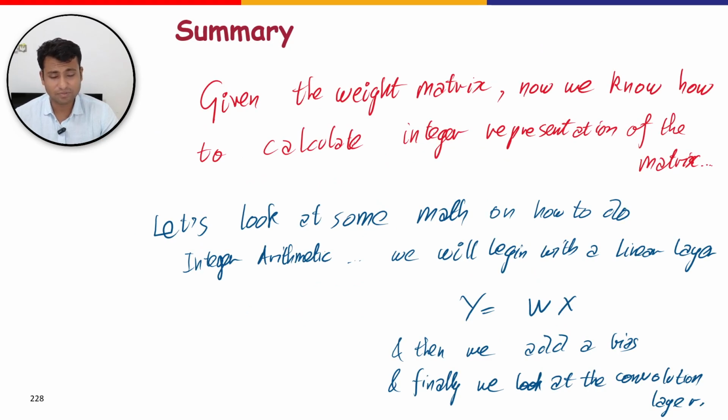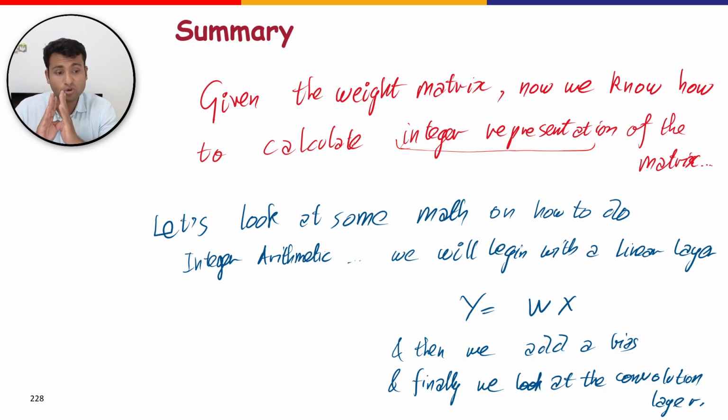The main aim is to minimize the quantization error; this is what is minimized. So the summary is that given the weight matrix, now we know how to calculate the integer representation of the matrix. We've just learned to represent the matrix in integer format, but now we have to look into the mathematics, because ultimately what this whole integer